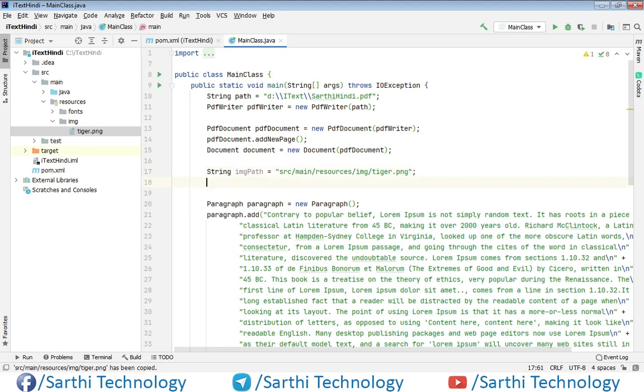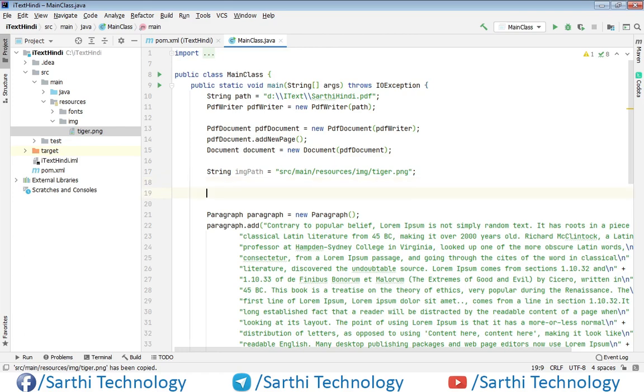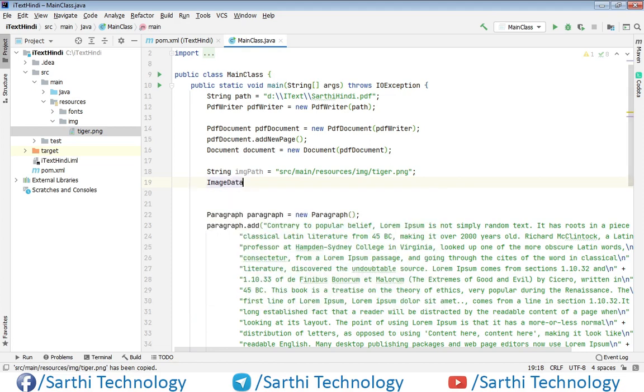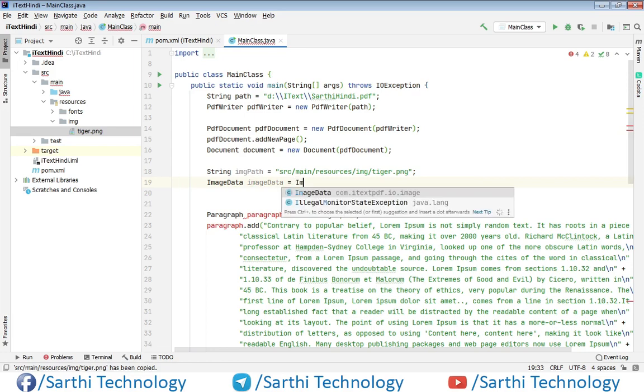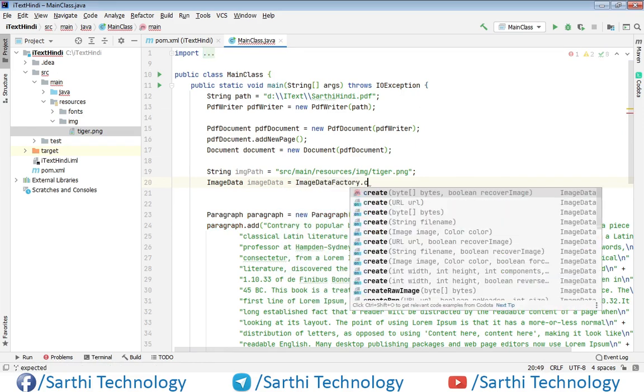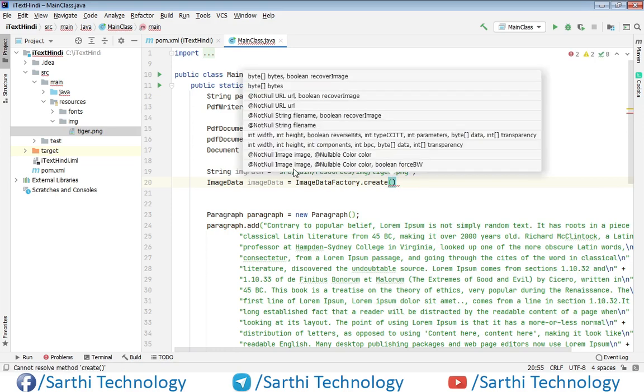Now create the image data object. Image data equals image data factory dot create, and put the path here.